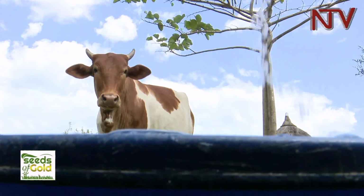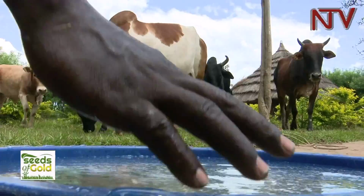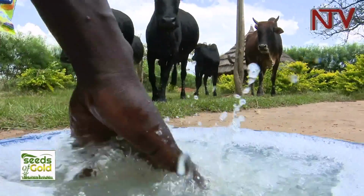You are not going to steal the what? The entire tree. Whereas the cattle, they will steal the cattle with even its young ones and milk. But this one, you will steal a fruit and the tree will remain. Even if you wanted to marry me, coming to cut these trees that you are going to cut because you are marrying me, and you start at night, in the morning I will find you still cutting. But once one wants to marry you on animals, just a drop of what? Of chemical, and they die. So the risks here